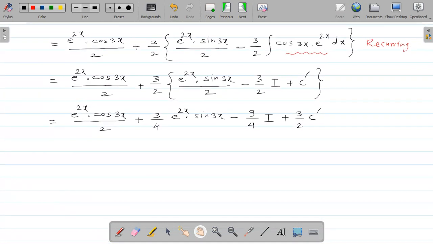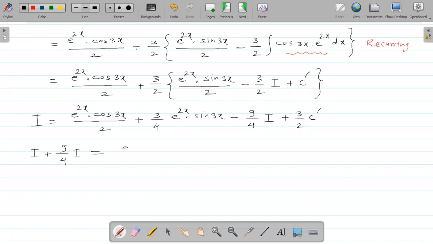Okay, now transfer this term, minus 9 by 4 into I, to the left hand side, because the left hand side contains I. So you will get I plus 9 upon 4 I is equal to,